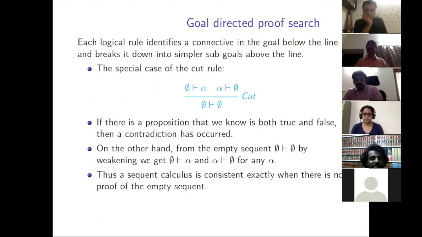So his idea was that you write down some rules, you write down some axioms for numbers in the theory, and you should be able to show it's consistent without actually appealing to any semantic structures whatsoever. So in any sequent calculus, how do you show it's consistent? By showing that the empty sequent cannot